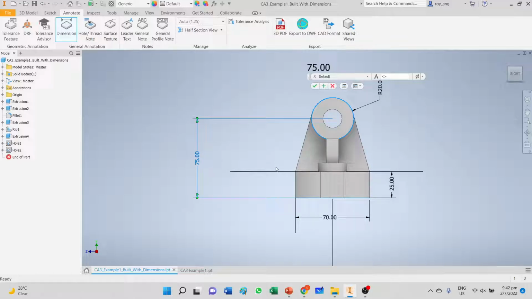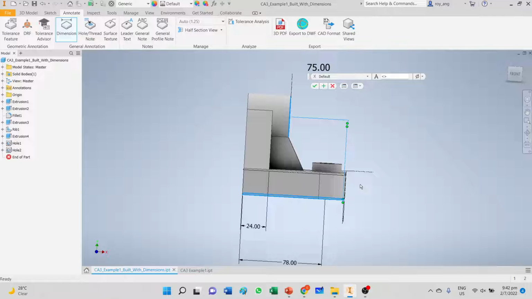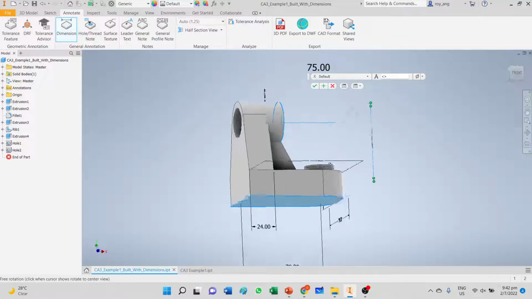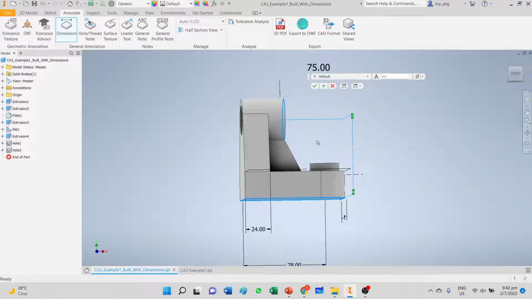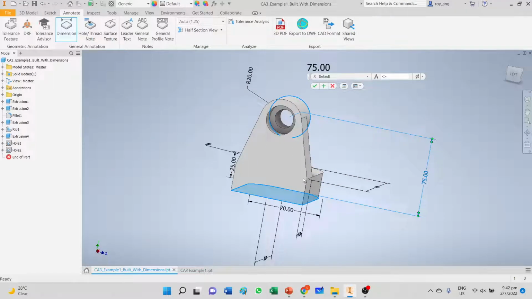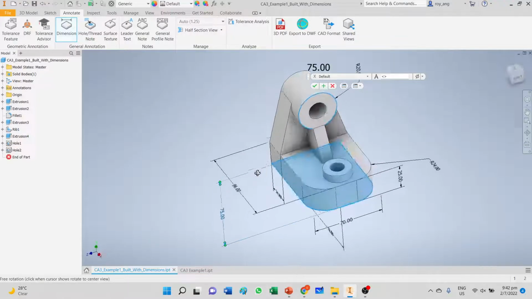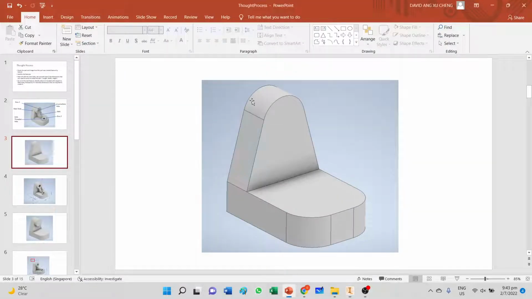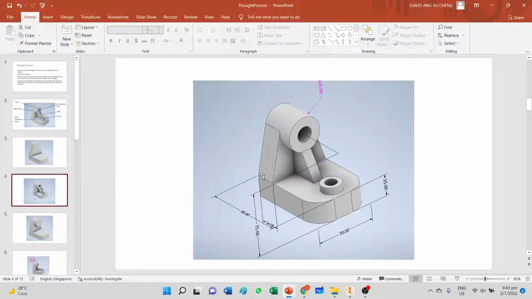Now some of you are wondering, how is this part created? You need to know the width of the part, and then from the height of the part you could draw a circle. Then from the corner at the bottom you draw a line, and the line is tangent to the circle of R20. And that's how you create this base. You can first draw out this base in your 2D AutoCAD. Now the next feature,